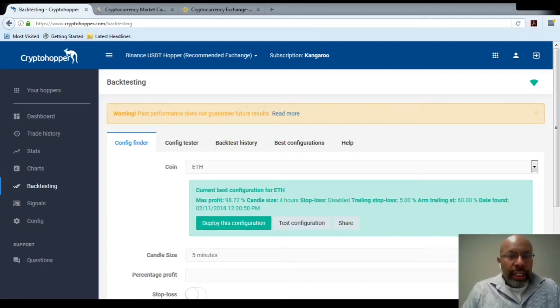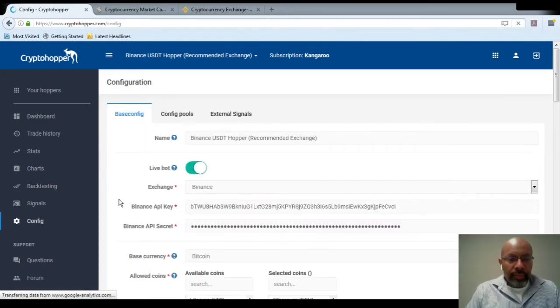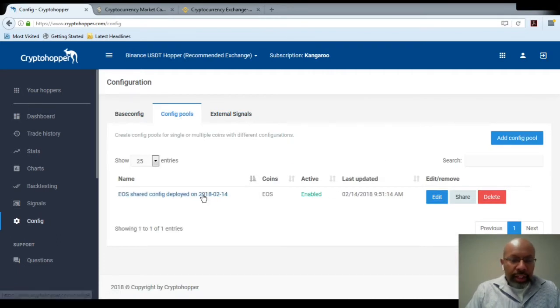This is Richard, aka Crypto Loaners, and I want to make a video on the config pool that's part of backtesting and your configuration. It's a really powerful thing that I think a lot of people don't use, including myself. So it's something I want to start using more and more. Basically, what the config pool does, and if you click on config, you see this thing that says config pools. It allows you to make a configuration for each coin that you use, so that if you're running a strategy,